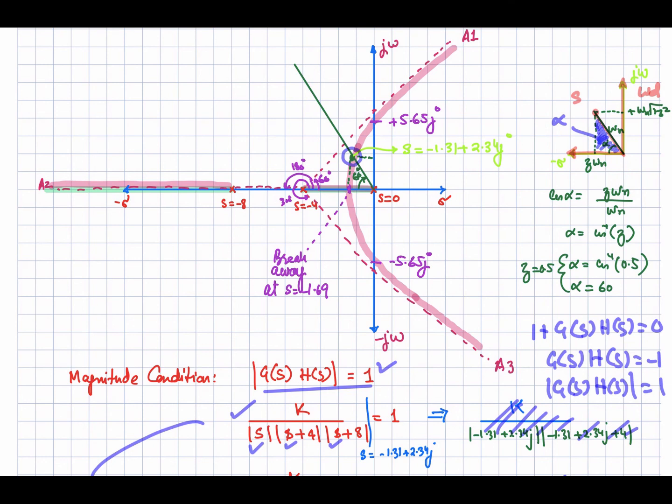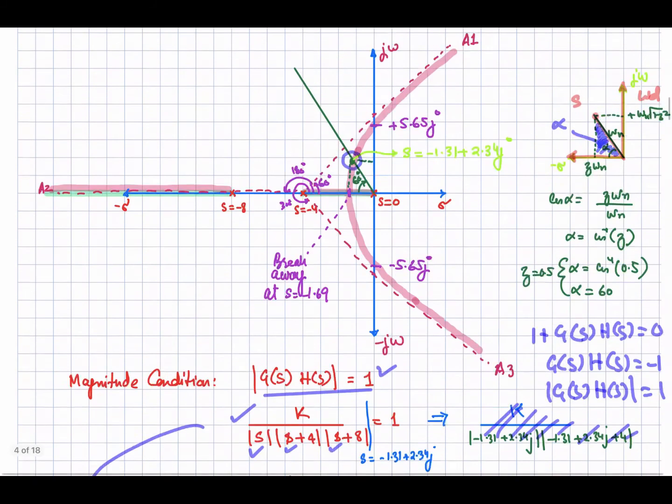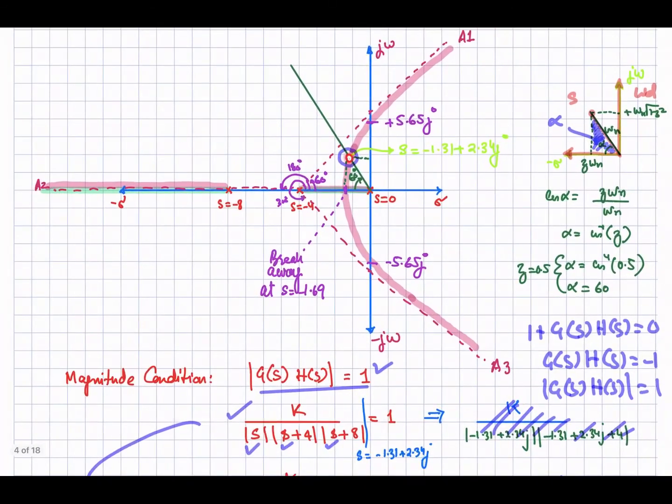But if I do not want the compensator, I can adjust the position of the poles just by changing the gain k over the existing root locus. So if that pole is over the existing root locus, by changing the gain k, I can tune the response of our system. Let's suppose for the damping factor of 0.5, my pole should be over here, and we have calculated the gain, and the gain is equal to 16.62. If we set that gain, our closed loop pole will be at this position, and we will be getting the damping factor equal to 0.5. So you can adjust the poles over the root locus.